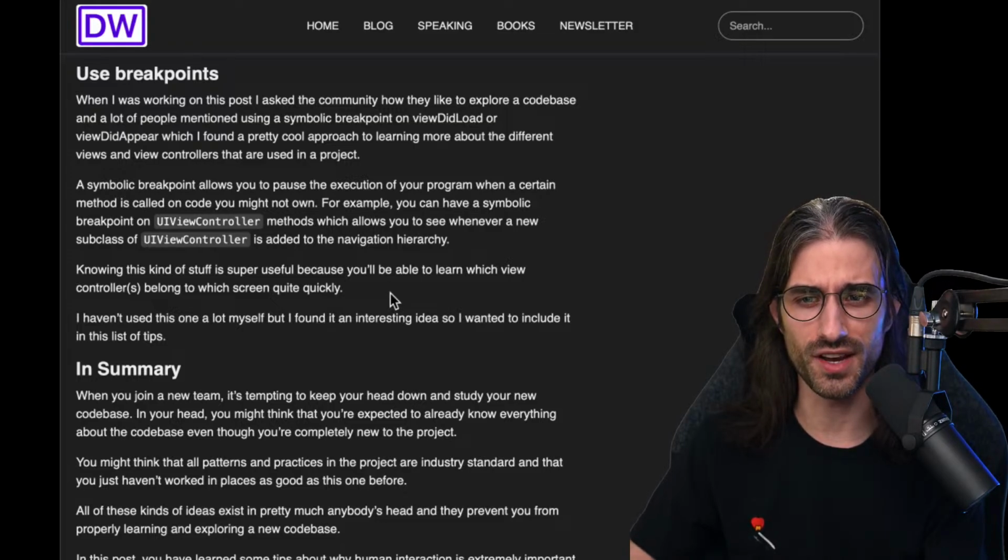So that's another great way to use this feature of Xcode, and I hadn't heard about it or thought about it, but now that I know about it, if I need to debug a screen and I'm not sure which view controller is used, it can actually be a great way. What I'm used to doing is capture the view hierarchy and see which view controller is on screen, but this can be an even easier way to do it.